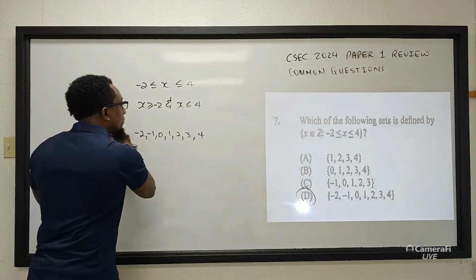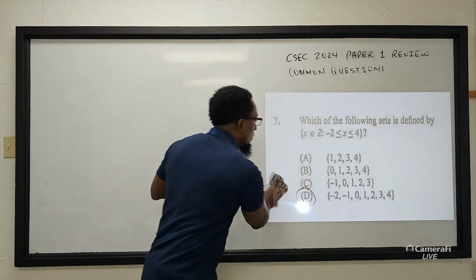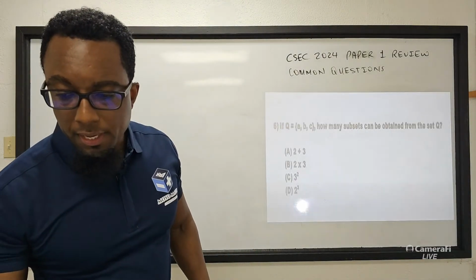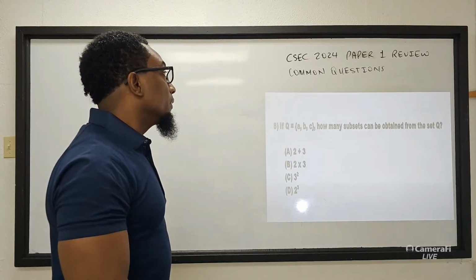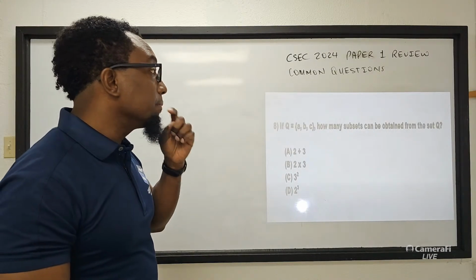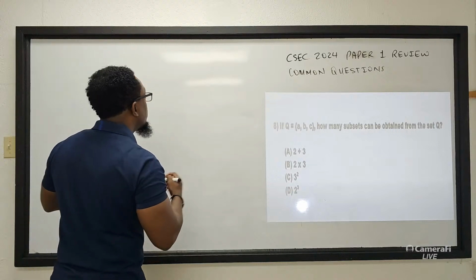So let's look at 8. So common questions we hope to see in the exam tomorrow, and at least have some understanding how to work it out. If Q is equal to ABC, how many subsets can be obtained from the set Q? So you want to determine the number of subsets. So to find the number of subsets